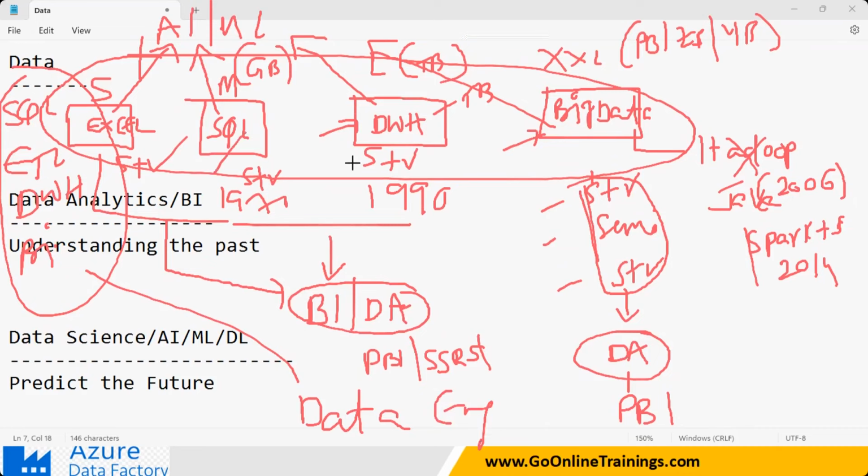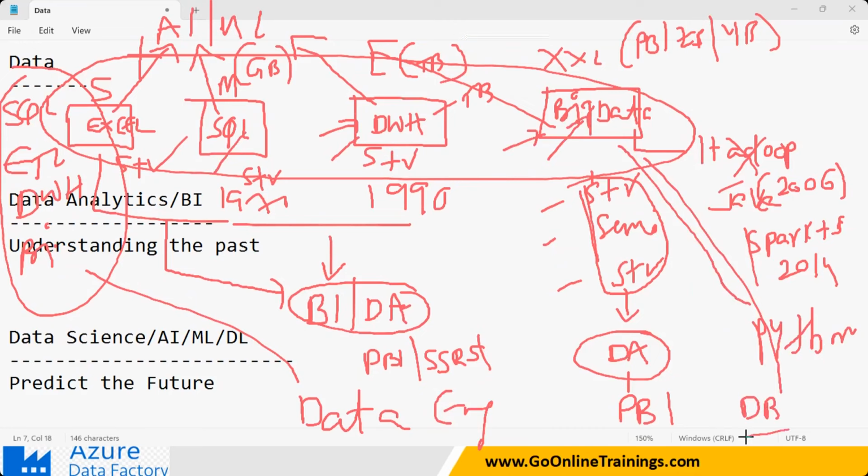SQL you have to know, data warehousing you need to know, big data concepts you have to know, Hadoop you have to know, Spark and Scala you need to know. Big data will be using a scripting language called Python for the processing and everything. You have to know Python also. Big data today is implemented using Databricks as well. Clear? So Databricks also you have to know.